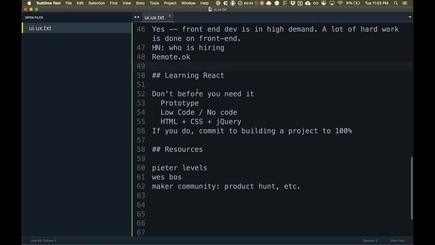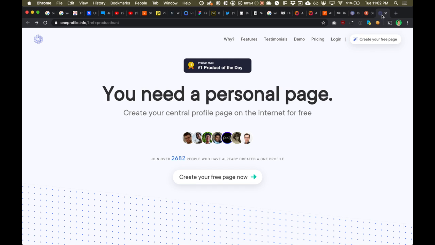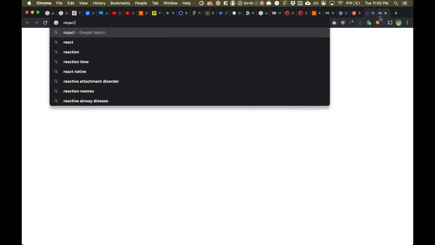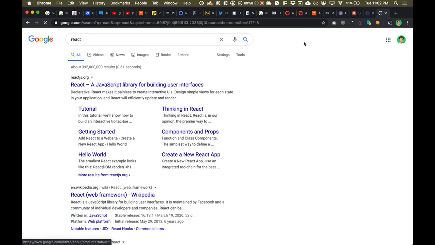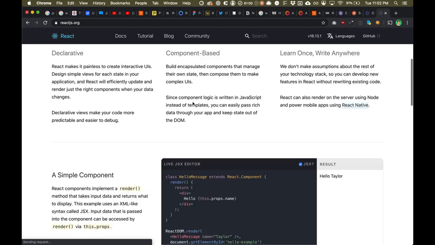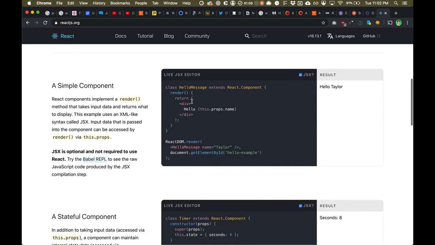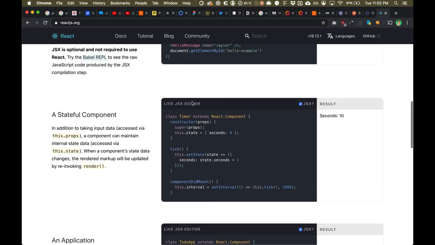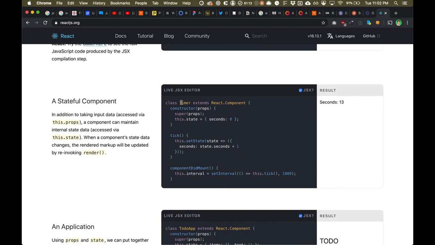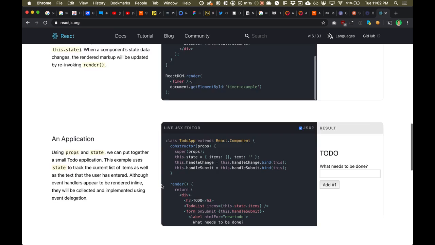Okay, as far as learning React, this is the last question I got from this person who wants to be a UI/UX designer. So React is a JavaScript library that lets you build component-based web applications, and it works with JavaScript combined with JSX.